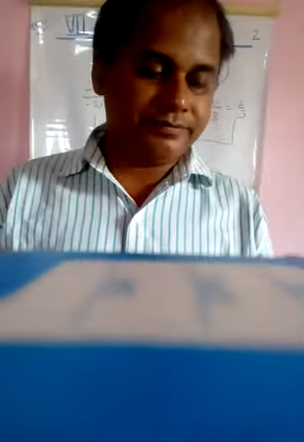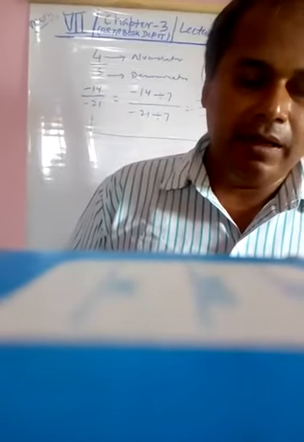Example number 1. Find three rational numbers equivalent to the following rational numbers. A. Minus 6 by 11. B. 8 by minus 7. First, A. Minus 6 by 11 is equal to minus 6 into 2 by 11 into 2 is equal to